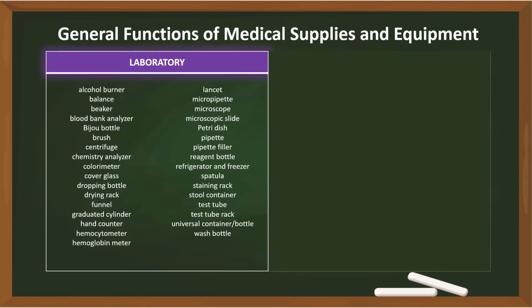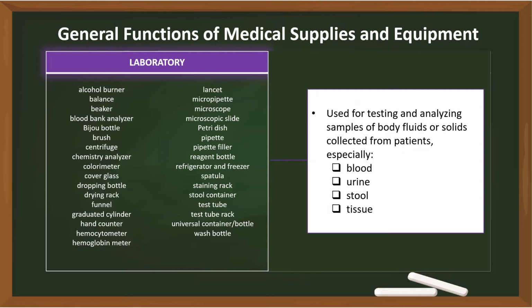Next up are laboratory supplies and equipment. These items are used for testing and analyzing samples of body fluids or solids collected from patients, especially blood, urine, stool, and tissue. The following items are used for laboratory testing and analysis: